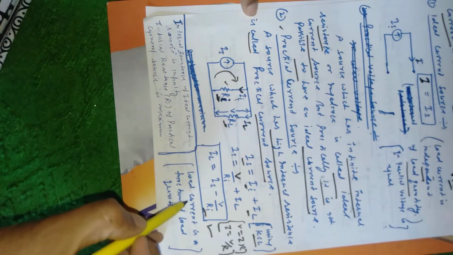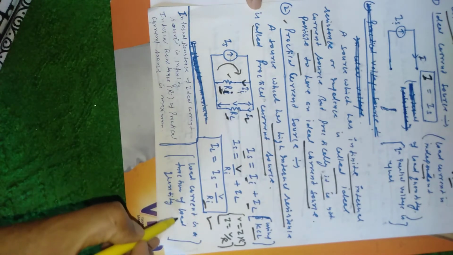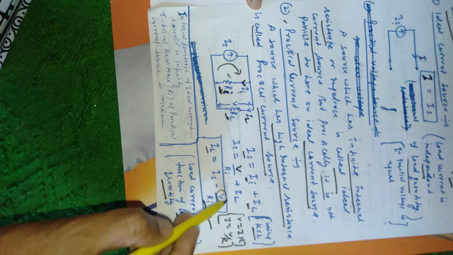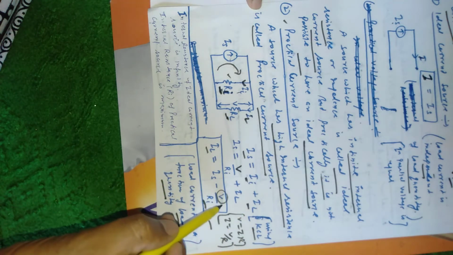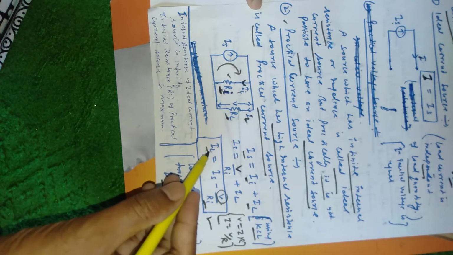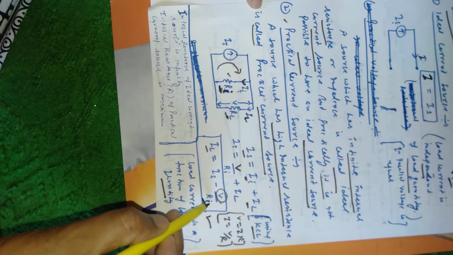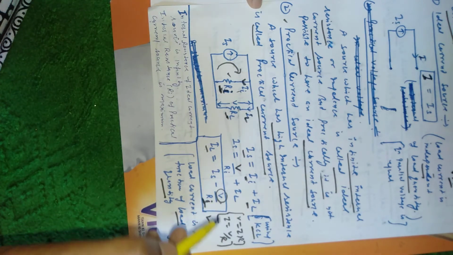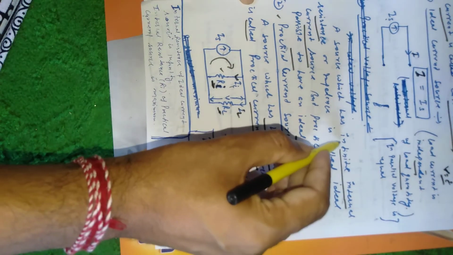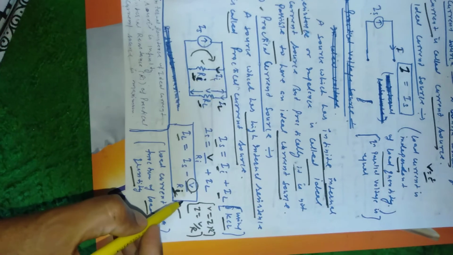Now you can see the load current is a function of the load quantity. The load current depends on V. If it is high then IL is very low; the higher this is, the lower its value. And in case of RI, if it is infinite, in case of the ideal current source, if it becomes infinity, then